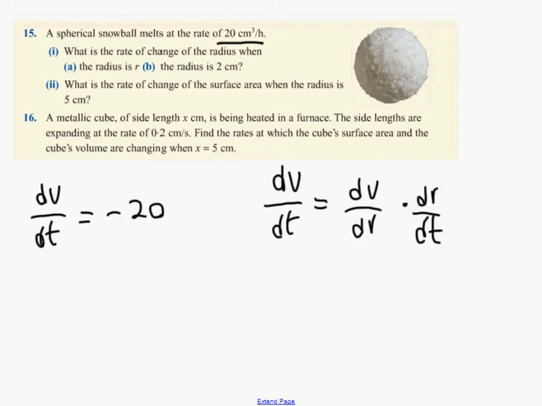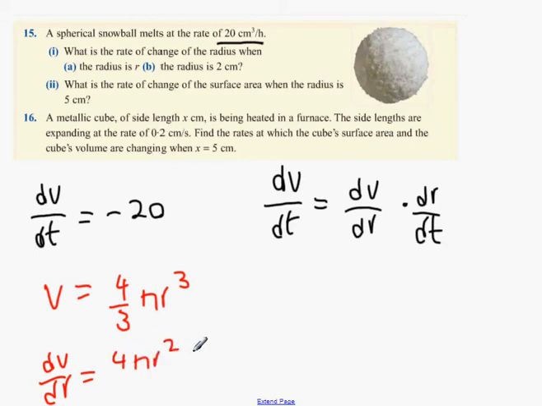Now, what we have next, guys, is this. We have to find out what dV/dr is. The volume of a sphere is 4 over 3 pi r cubed. The dV/dr is the derivative of this. We just did it a second ago, didn't we? Differentiate, bring the 3 to the front, multiply by 4 over 3. You get 4 pi r squared. So what we find is that your minus 20, which is the dV/dt, is equal to 4 pi r squared, and then